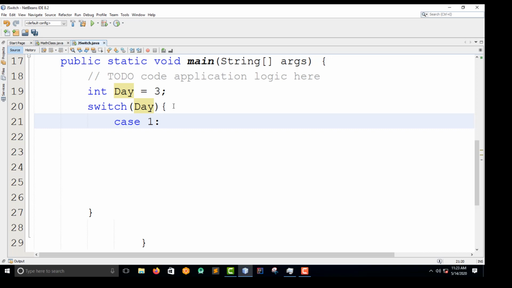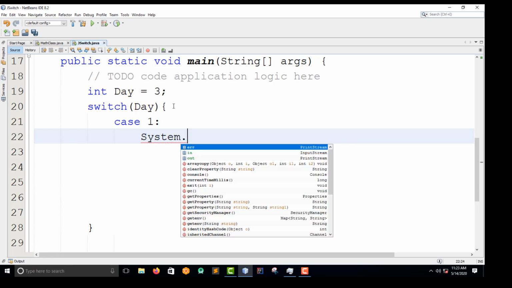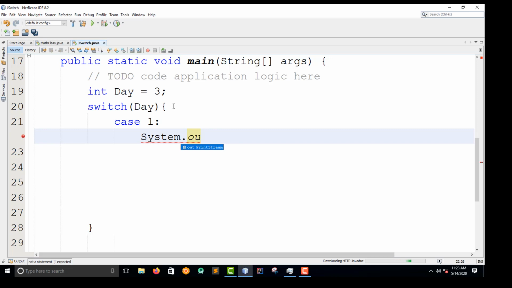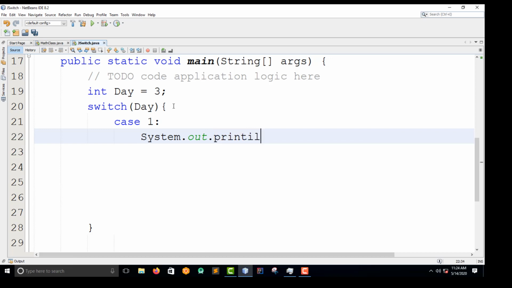The first day of the week is Sunday, right? So I'm going to do a very simple thing here and say System.out.print. Guys, I don't know the shortcut for System.out.println, but I think I know it, but I don't like it. I don't like shortcuts. So println, and then I'm going to say println.